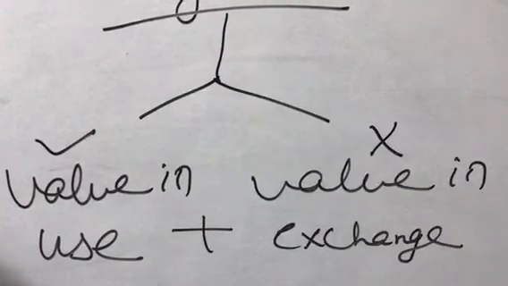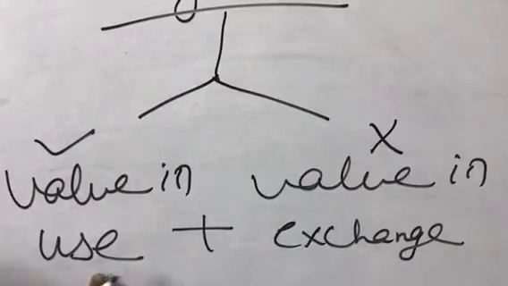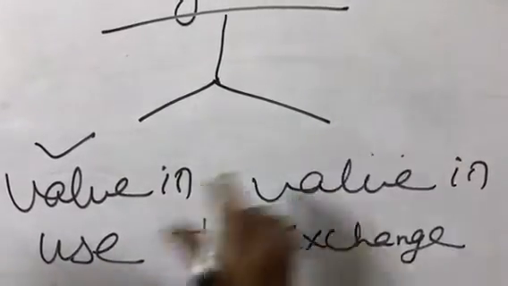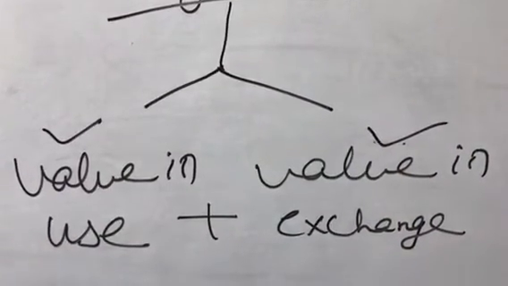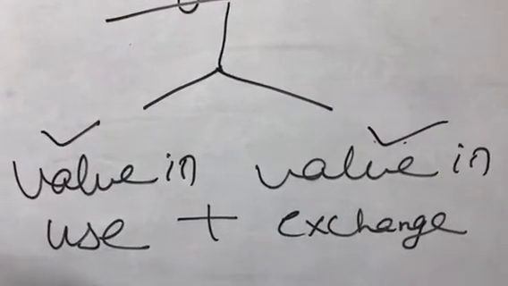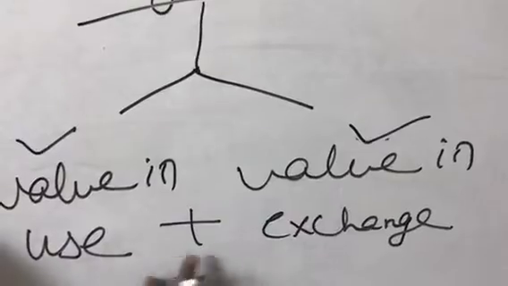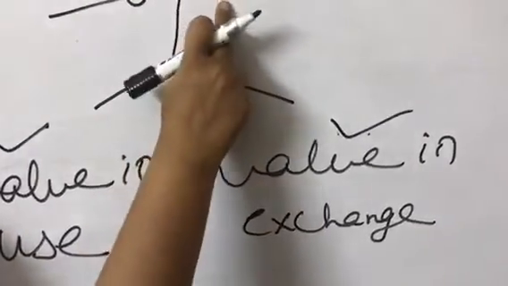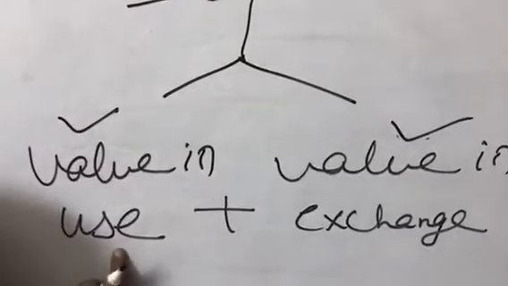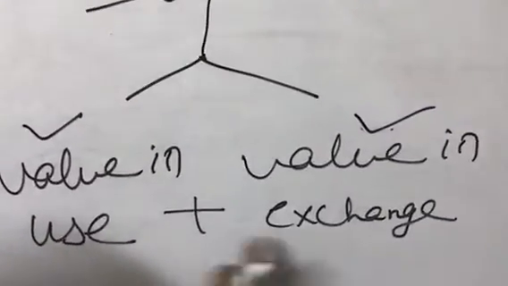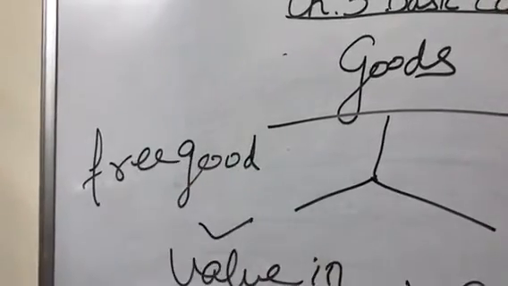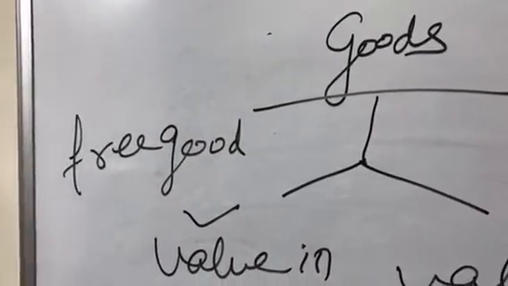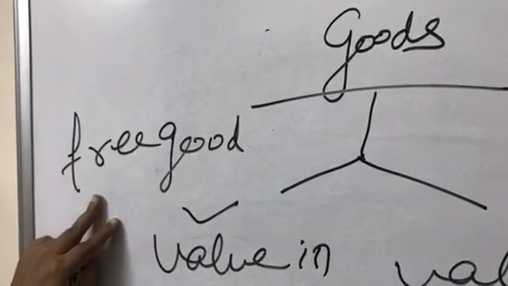And the other air which I get from the fan was having value in use plus value in exchange also. So that air is to be studied as a subject matter of economics, right? So the things which have value in use plus value in exchange are to be called goods. And the thing which has just value in use but not value in exchange is not to be studied as a good in economics, because it is a free good, and whatever is given to us free, we are not going to study in economics. Economics studies only economic transactions.